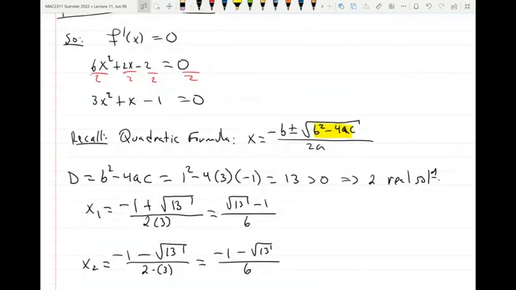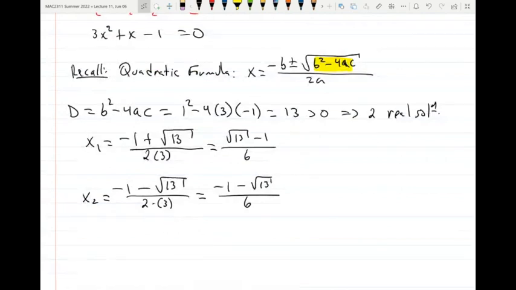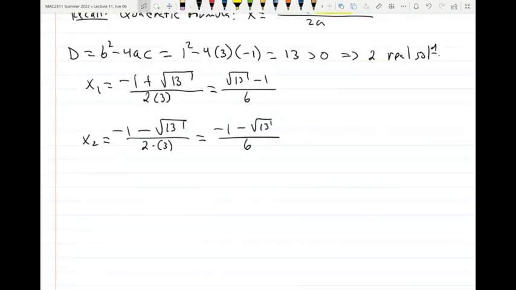0. So that means that at these x values, our function is going to have a horizontal tangent line. If you want to know the actual point on the graph, what you need to do, this is the x. You have to plug into the actual function to get the y. Okay? I'm not going to do that because it's a pain. Anyways, as long as you know the x, you can find the y by just plugging in. Okay? So